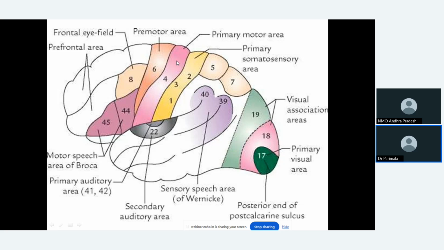So, major part of the corticospinal and corticonuclear fibers take origin from the primary motor area, area number 4. Then premotor area. Where is this located? Describe the location: the premotor area is present in the posterior part of superior, middle and inferior frontal gyri. That is the location. It is wider in the upper part, narrow in the lower part.